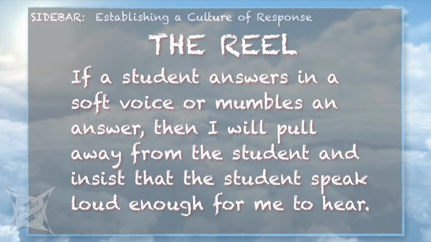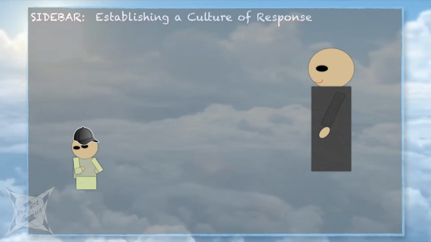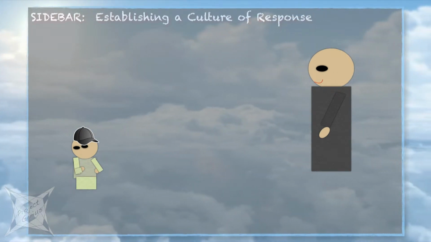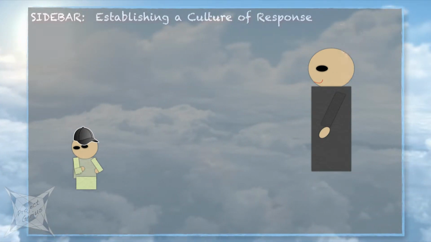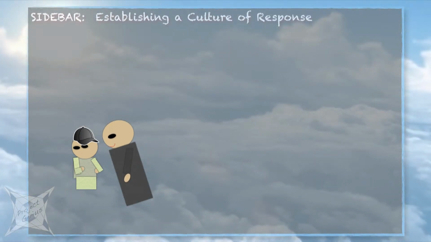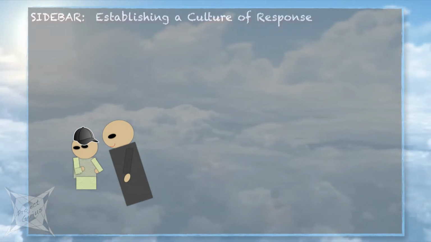If a student answers in a soft voice or mumbles an answer, I will pull away from the student and insist that the student speak loud enough to hear. This is a constant struggle, particularly in a culture like Japan where boisterous abandon is frowned upon. The problem is compounded, however, by a cross-cultural principle of communication where our natural tendency, when someone is speaking softly, is to draw close to the person and mirror the quality of the person's voice. That's fine if you are engaged in polite conversation with someone, but in the context of an oral communication lesson,